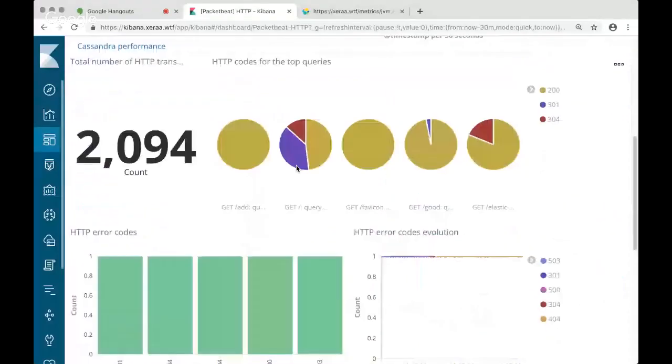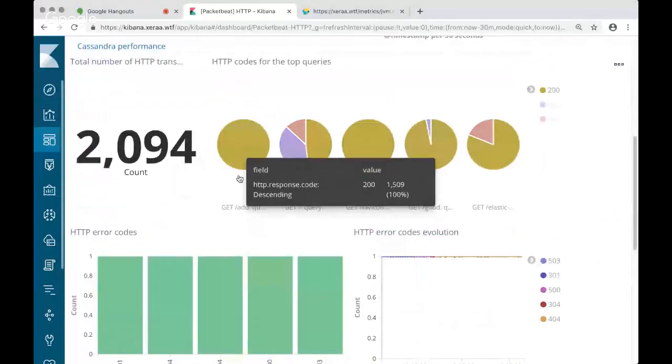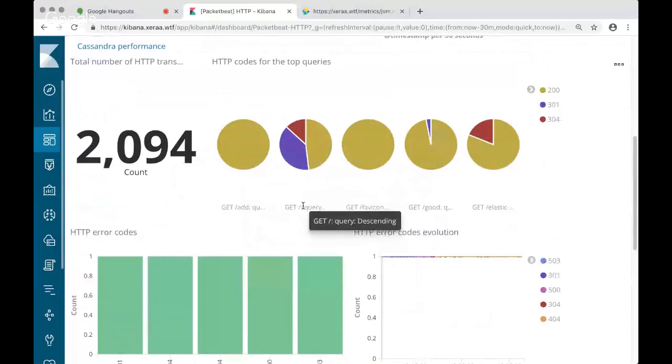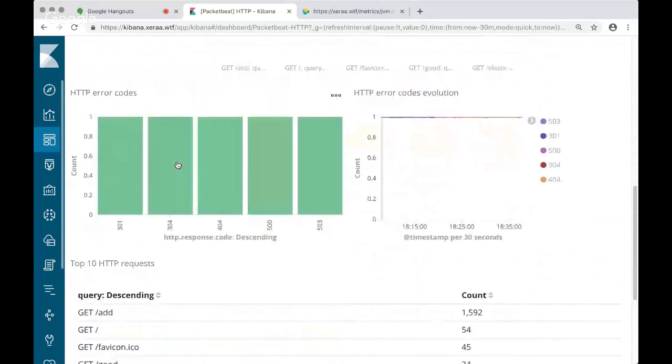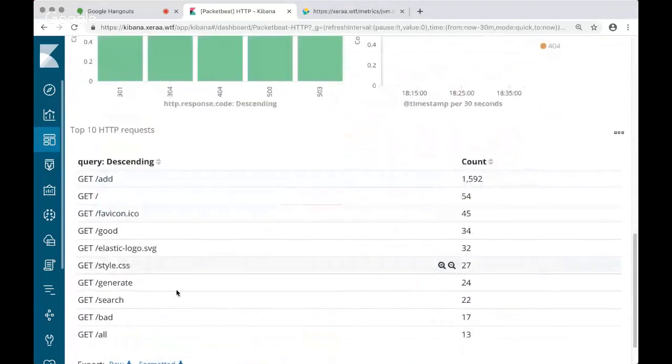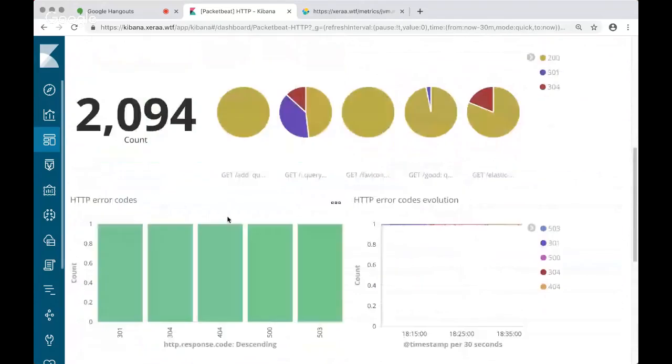And you can see here, most of them were 200s. When you added a user or hit the base URL, you can see which response codes and which were the most requested URLs. How am I getting that information? I'm running Packetbeat in the background, but maybe